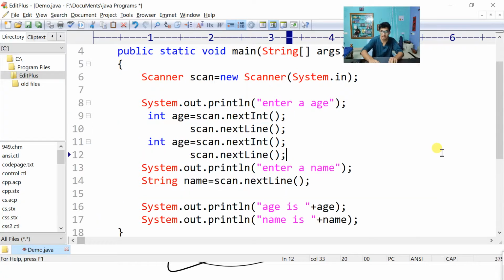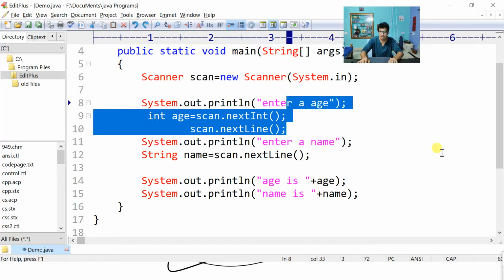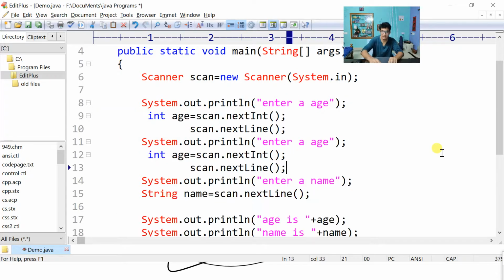So if you are taking marks, I will write like this. Enter marks. Marks I will take by next double.